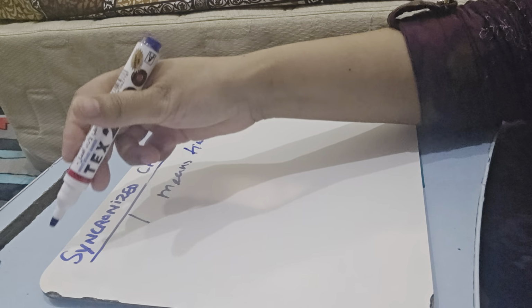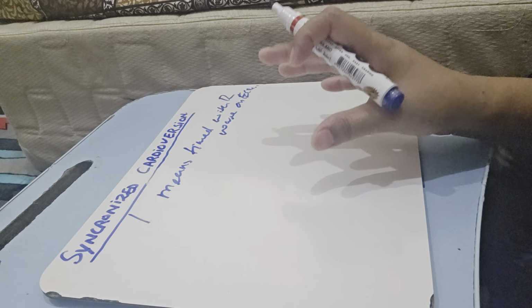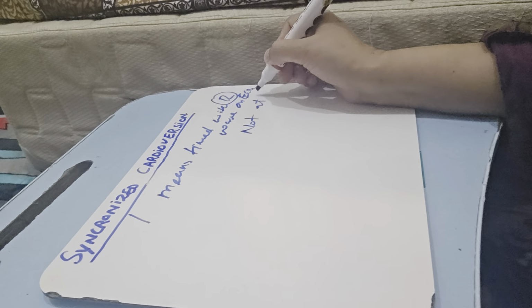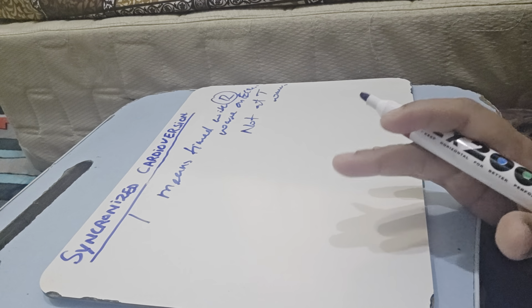If we look at the normal ECG, we have P, Q, R, S. So the synchronized word here means the cardioversion machine gives the shock exactly at the R wave, not at the T wave, to prevent causing a dangerous rhythm. If the shock goes to the T wave, the patient will have a dangerous rhythm like ventricular fibrillation, VFib.